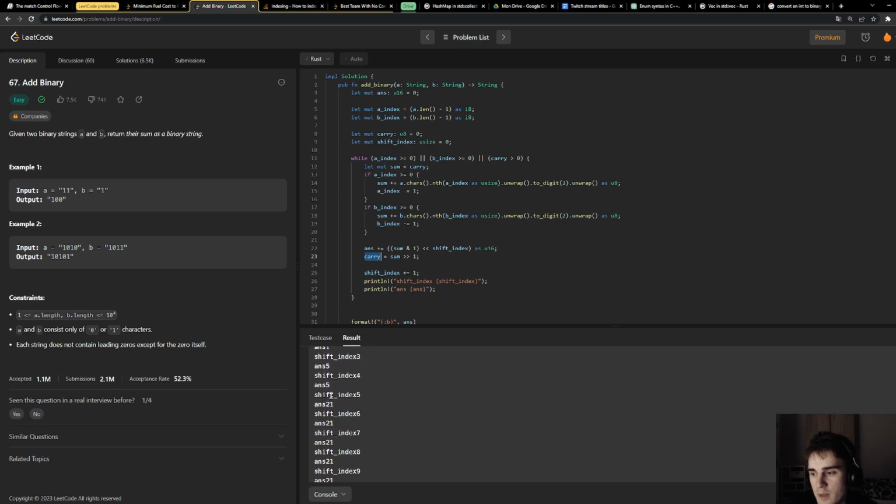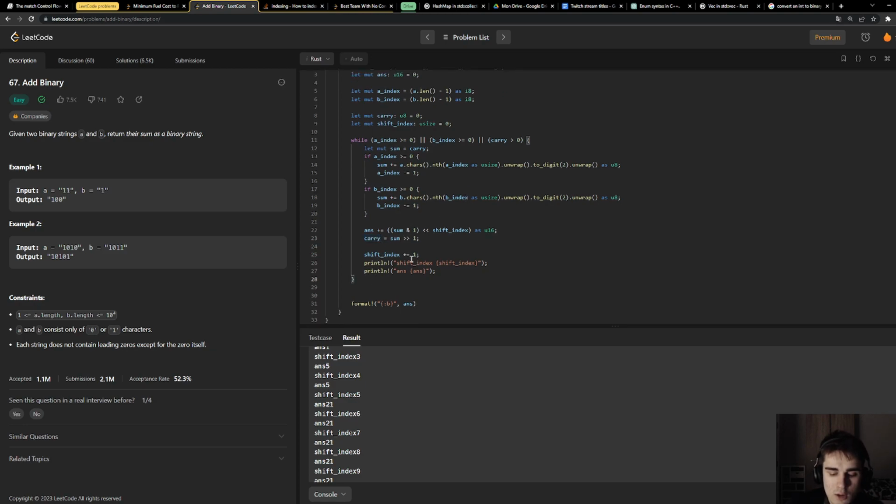Follow-up question: can A index and B index be 0 while carry is greater than 0? Yes, definitely. Easy test case. First iteration you will have A index, B index at the last bit, so it's going to be 1 and 1.